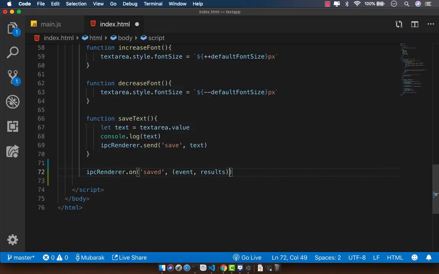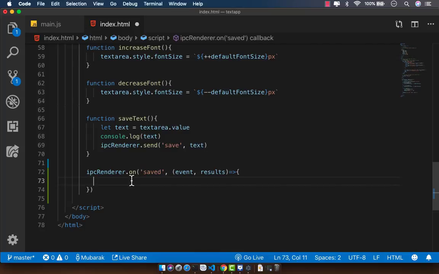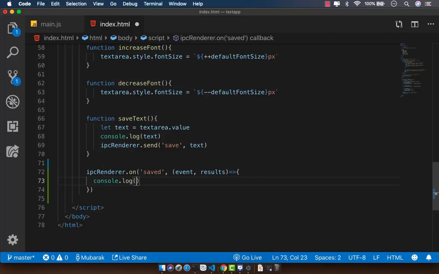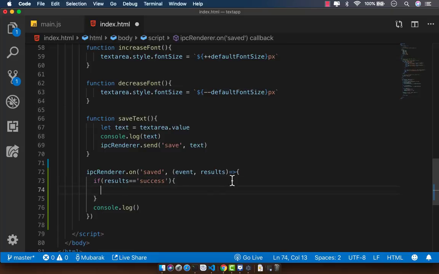Now this over here is an anonymous function. So whenever IPC receives this saved, what do you want to do? Let's just go ahead and log something for now. So let's console.log. Let's make a quick check here. If our results is equal to success, then that means that we successfully saved the text. So let's just go ahead and console.log a success message. So I can say note saved successfully,